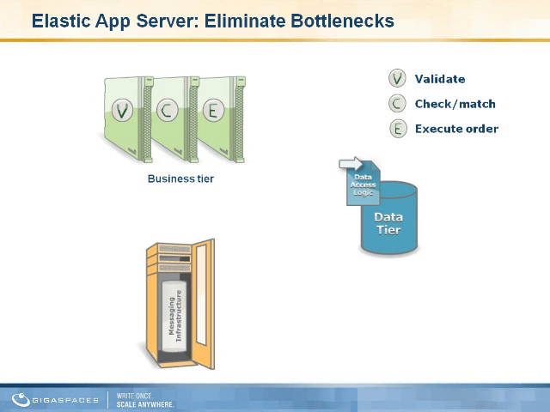So the approach goes like this, and for the purpose of the explanation, I'm using a sample application, a simple order management application that, in order to complete the transaction, I need to perform 3 services. I need to validate the order, in other words, check if the customer is in good standing, that the order was properly submitted, and so on. Then check inventory to see if whatever is being purchased, the widget, is available, and essentially execute the order, meaning sending it to the warehouse, shipping, billing, and so on.